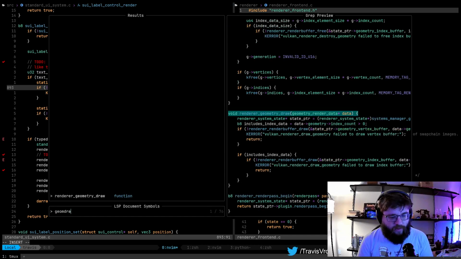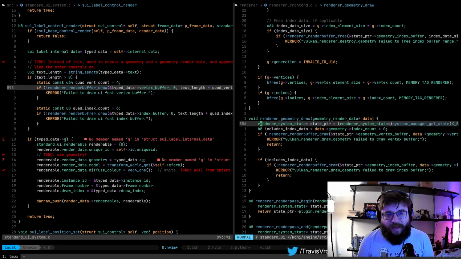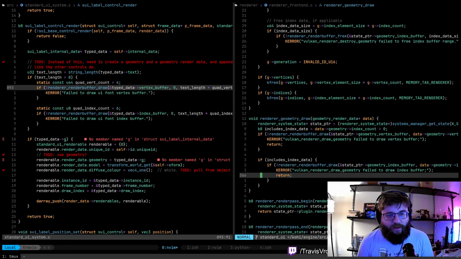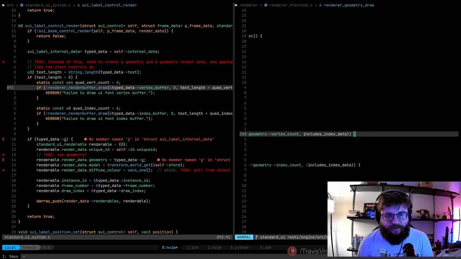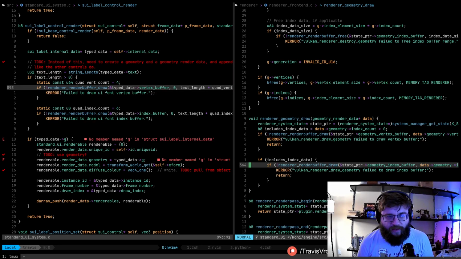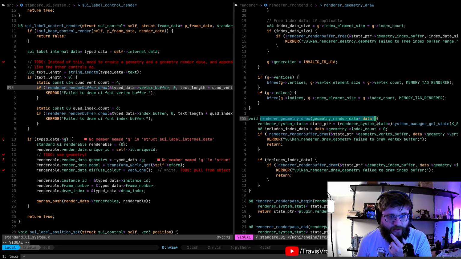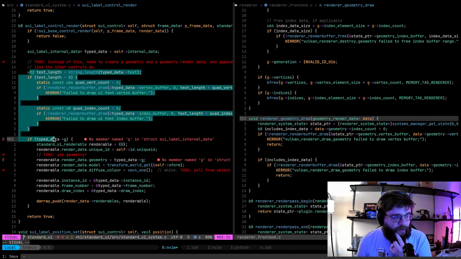geometry draw, if we look here, we're essentially doing something very similar back here, right? And so we basically call render buffer draw on the vertex data. I think setting only to bind true, and then if we have index data, then we actually perform the draw call there. And so this will basically just be a drop-in replacement. We'll basically be able to just use this call to do exactly what we need to do all this stuff.